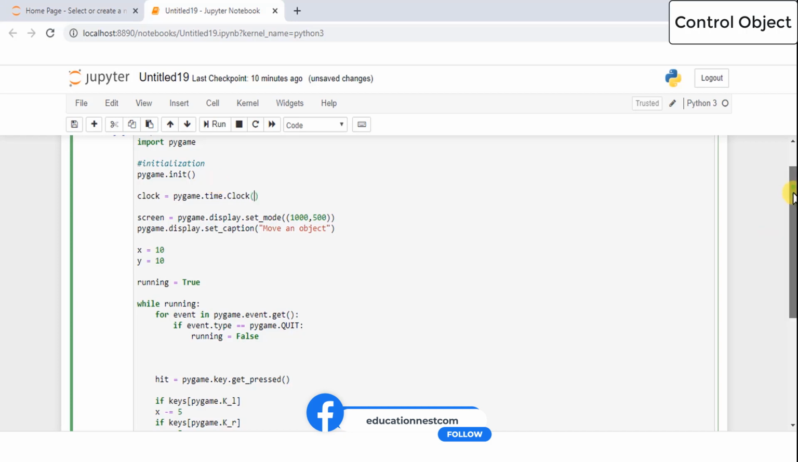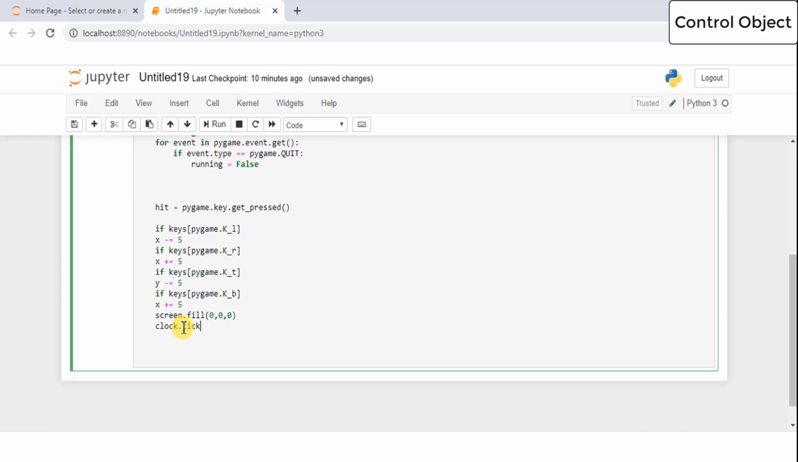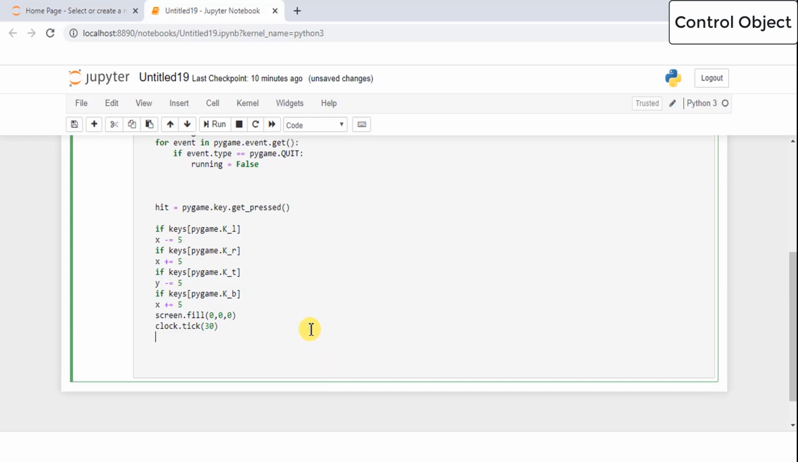And set the frame per second ratio. Now let's create the object which we want to move. Suppose I want to create a circle, then